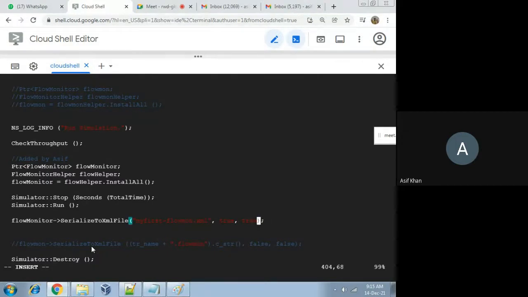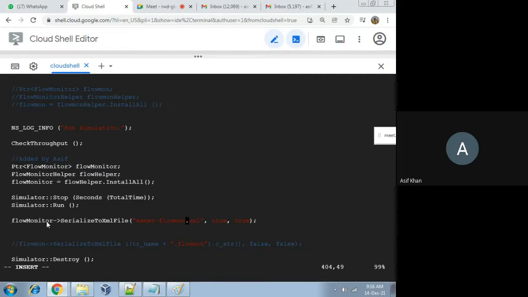Now, flow monitor. Okay, what is the file name I've given here? My first row, I'll change it to manet-flowmon.xml.